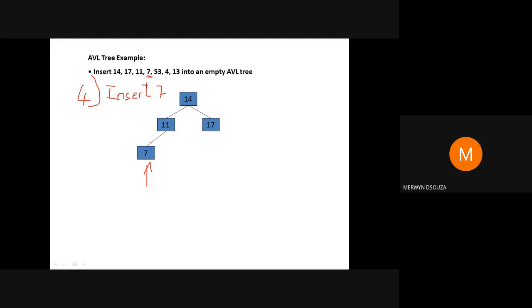You have to go all the way back to the root node. So you have to calculate for this node, and this node. So these are the nodes that are coming on the path from 7 to 14. 14 is your root and this is your new node. As you are going backwards from the new node to the root, 11 is on that path between 7 and 14. You need to calculate the balance factor of these three nodes and check that it is a valid balance factor. If it is valid, you're fine. You can proceed for the next insertion. Otherwise, you need to do balancing.